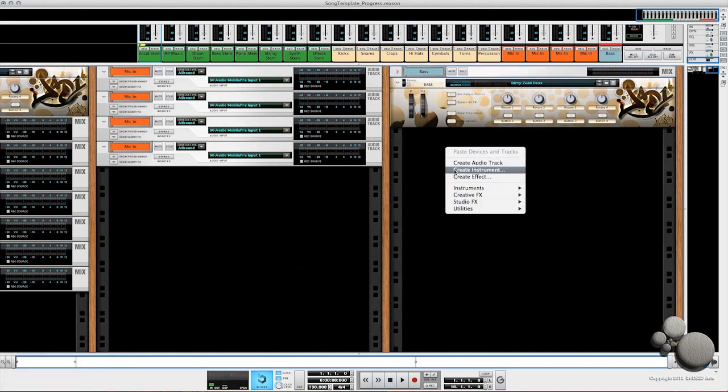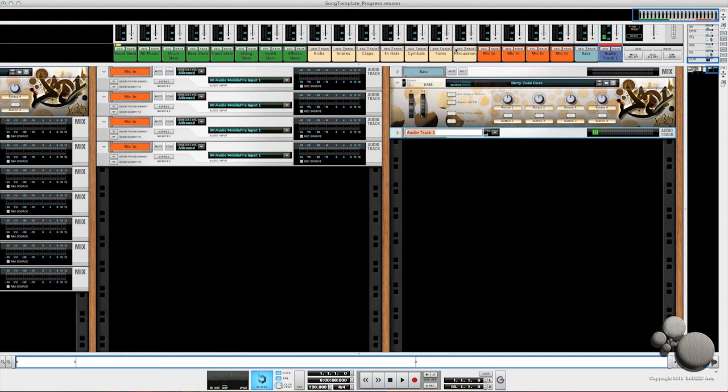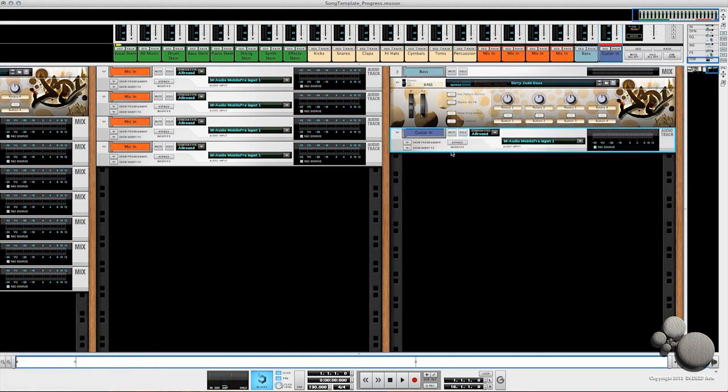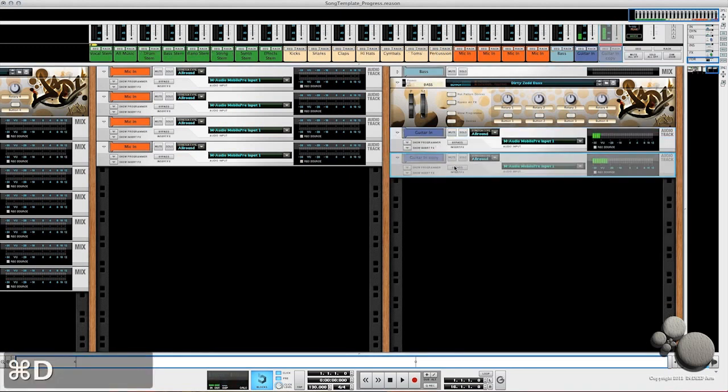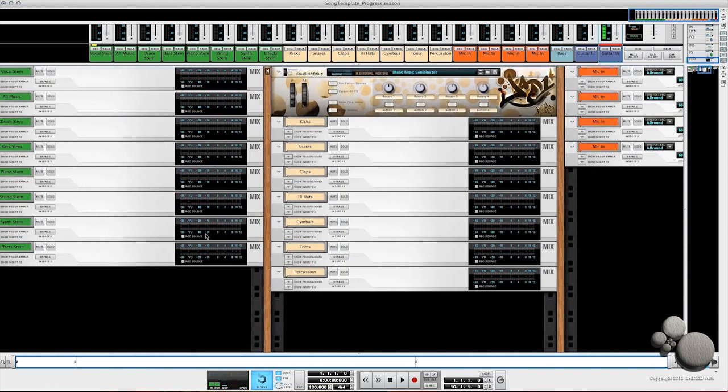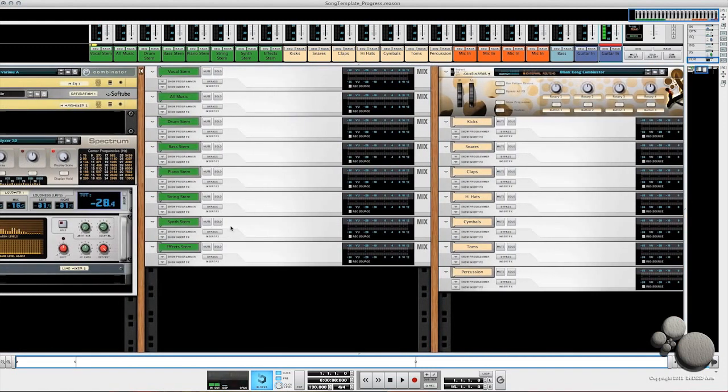I now want to create an audio track. I want to call this guitar in. And I want to duplicate that. So now we basically have just 2 different guitar inputs that we can record direct in. And one thing I forgot to do over here, because I noticed we did have an extra opening in our All Music channel,